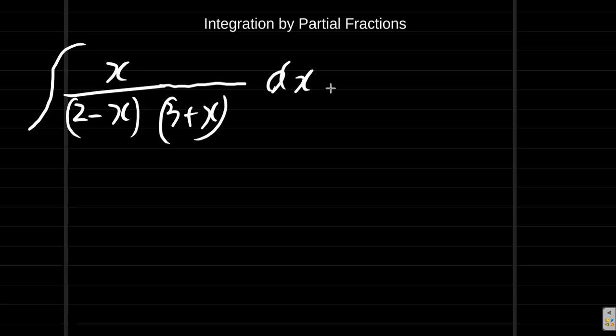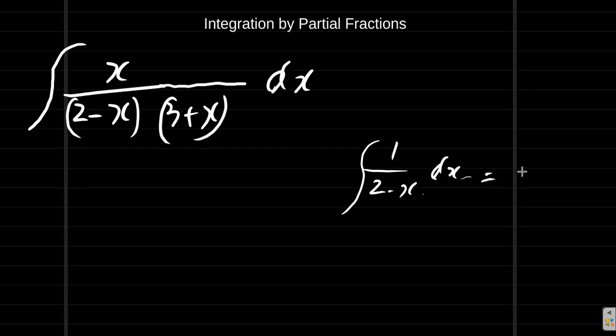Now, what you'd have to do is break it up into two parts, so that you have a number over 2 minus x, and separately you have a number over 3 plus x. Right? Now, if you had a number over 2 minus x, for example, for argument's sake, say 1 over 2 minus x, to integrate,